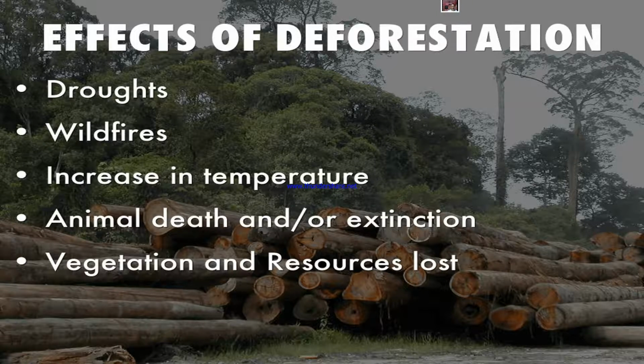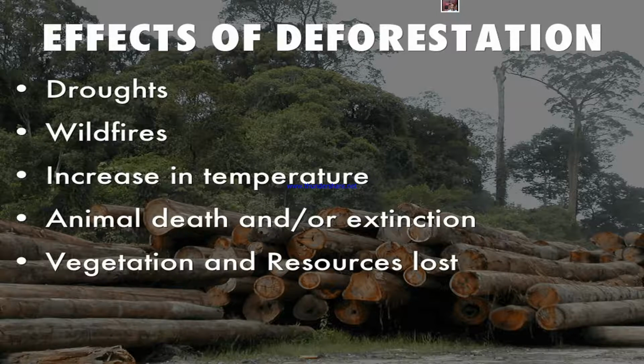Lakhs of animals died because of wildfire. Why does this happen? Because we are cutting down the trees. Temperatures are rising because of cutting down the trees. I told you that wherever there are forests, it is cool. That area is cool. And once you cut down the forest, you look at the desert, no forest. The temperature rises up to 50 degrees during the daytime, more than that, somewhere.